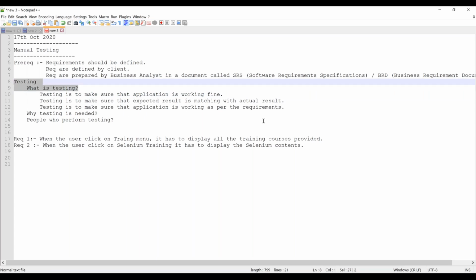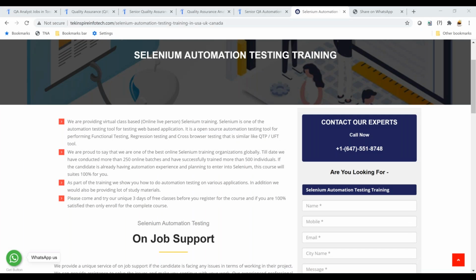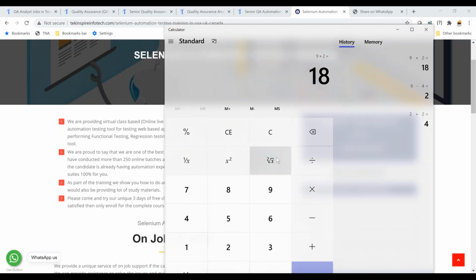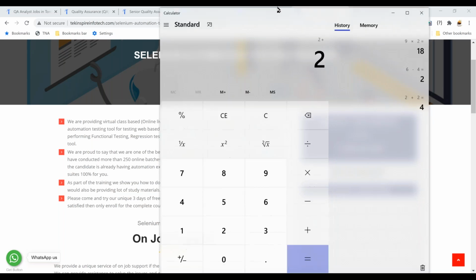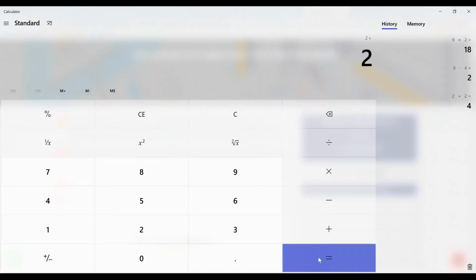So what is testing? Testing is to find this. Now, assume you take this calculator. You are pressing 2 plus 2 and you press equal to.